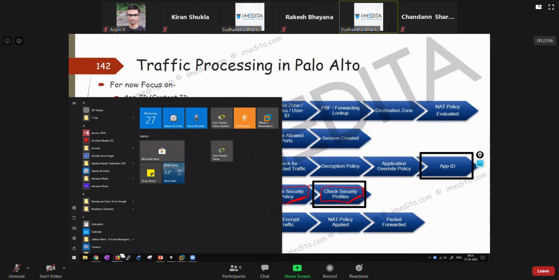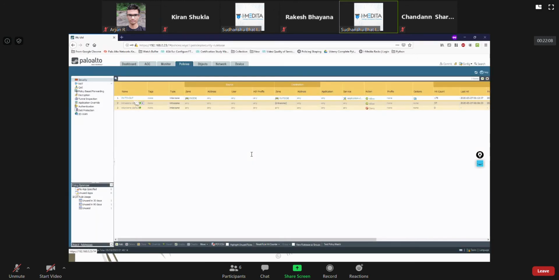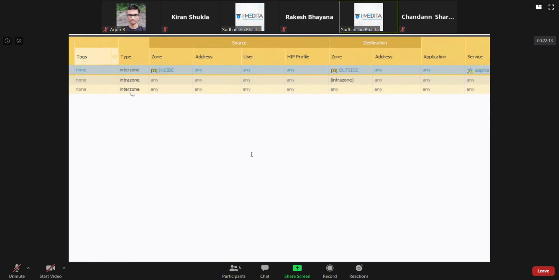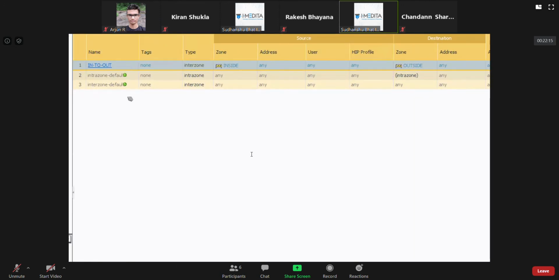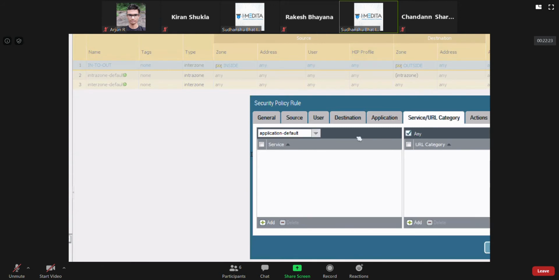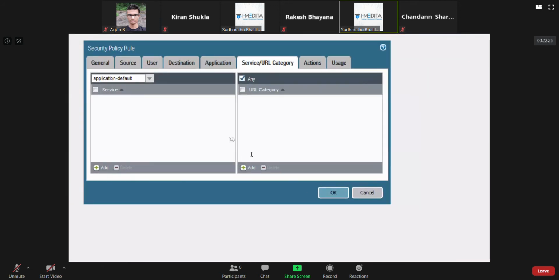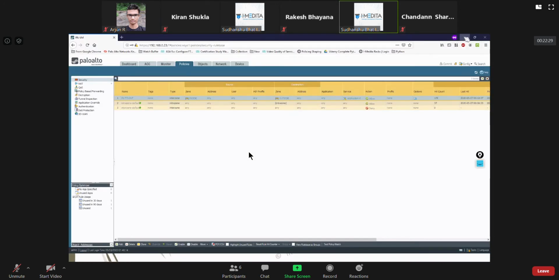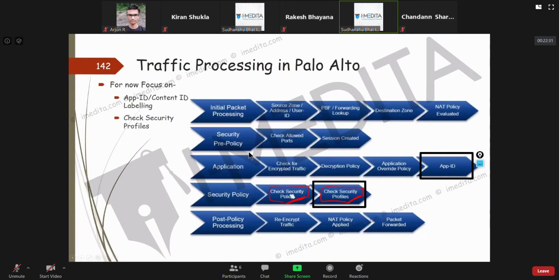In it you specify match criteria, which traffic I want to allow to go out, and then you specify an action whether I want to allow it or not. That's security policy. So what is security profile?